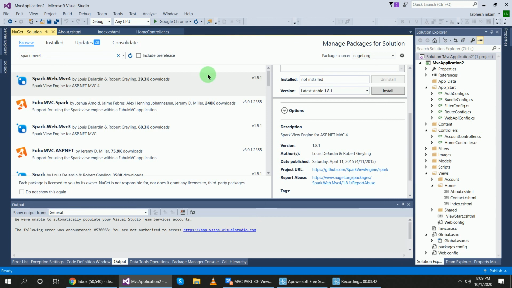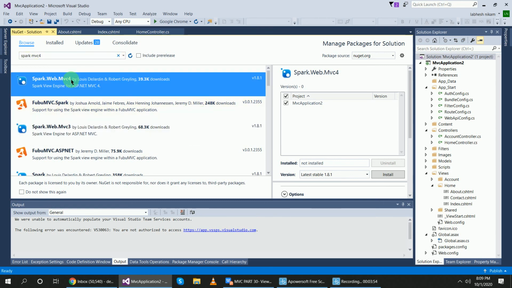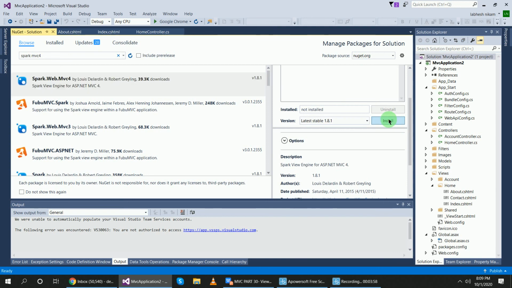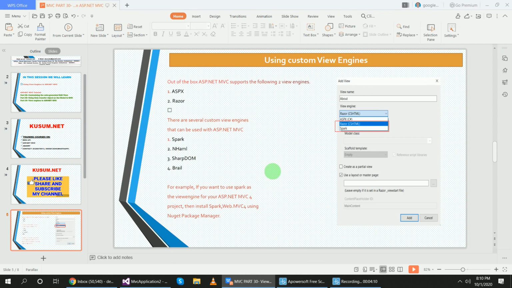This project is in MVC3, and it also shows install. So let's install Spark.Web.Mvc4, not installed, so click on install.